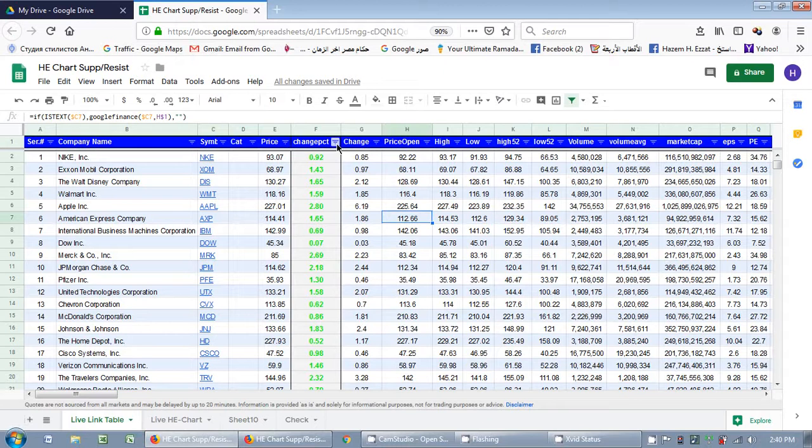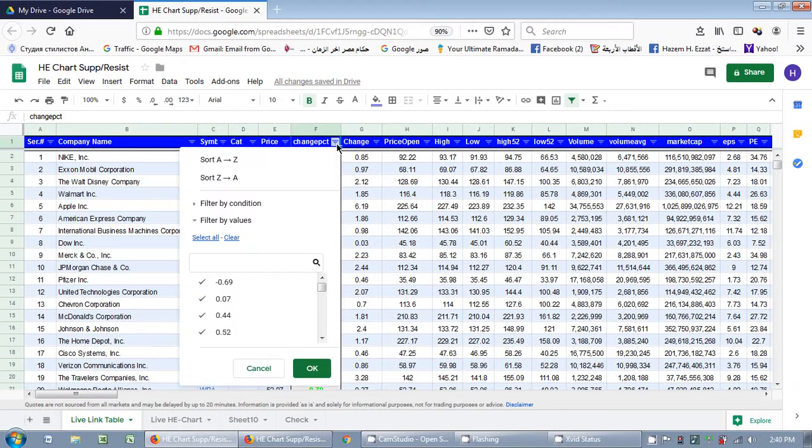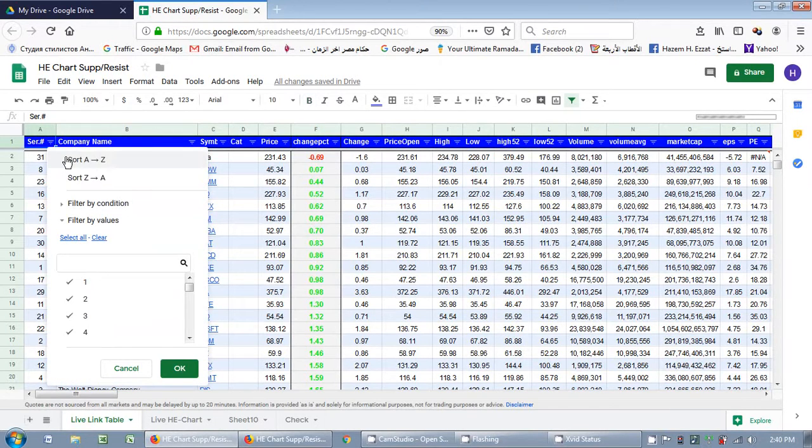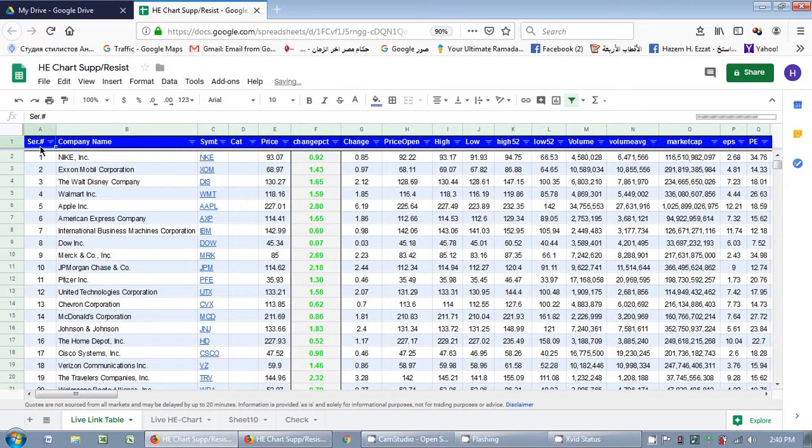Another feature is the sorting. If you want to sort according to the price change, there you go. Sorting is so easy. The serial is very important because it really acts as a reset button for whatever sorting you've previously done. Now, going back to the HE chart,